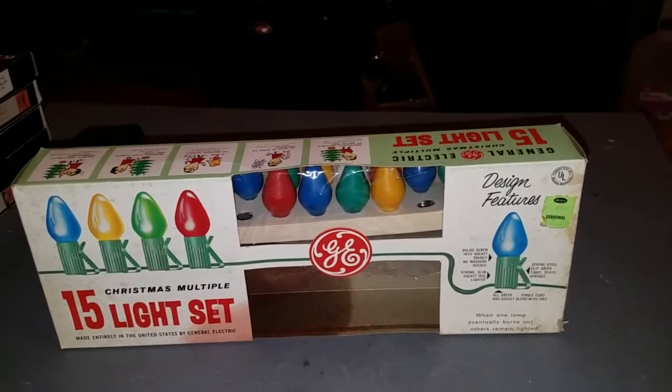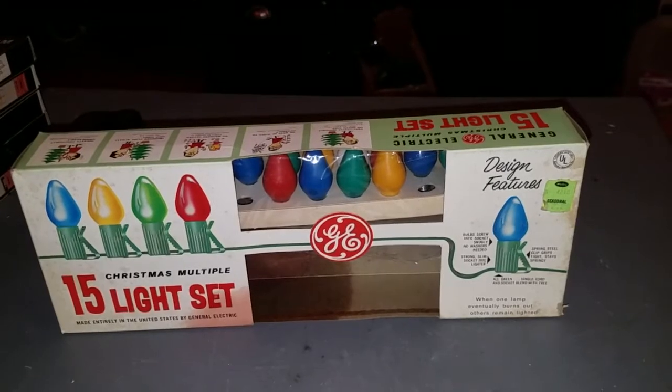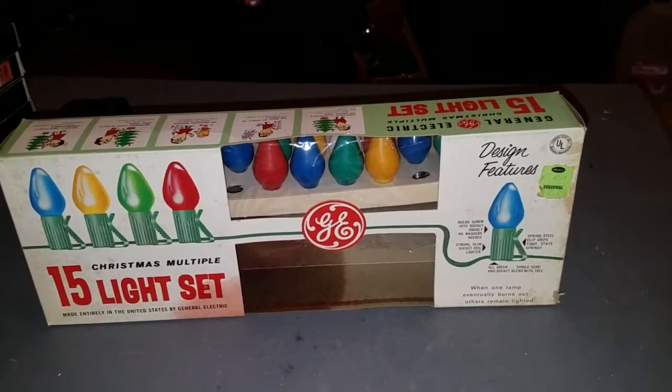So C6 sets are cool, but they'd be very hard to keep running if you have any plan of using them regularly. Catalog number was